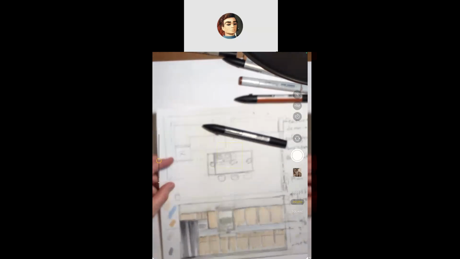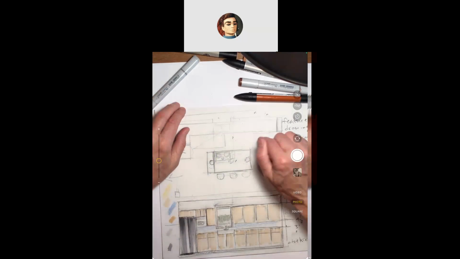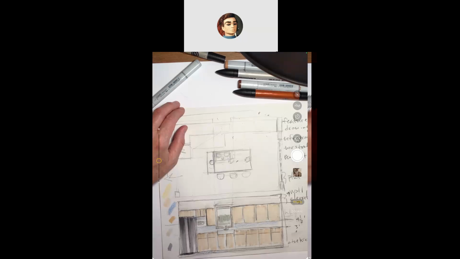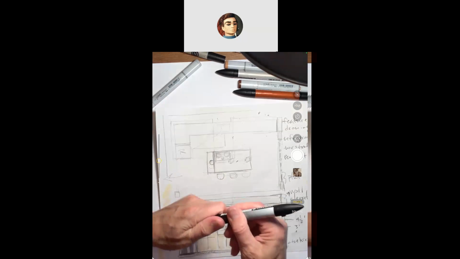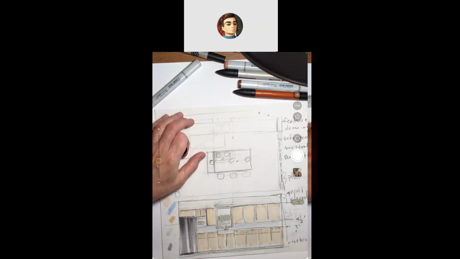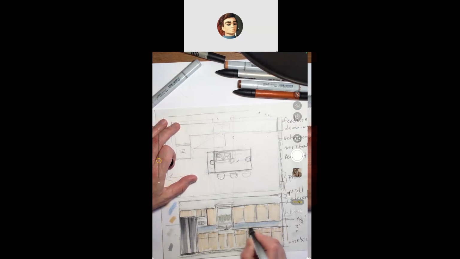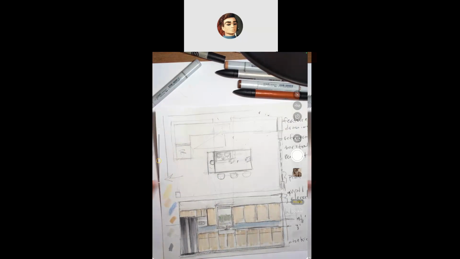Try this with the blend. Oh no, I'll use this one. I'll use the Trio blender. This one's good. So, a blending marker. Here, you wouldn't necessarily need to add detail, like if this is a tile, maybe you could do a